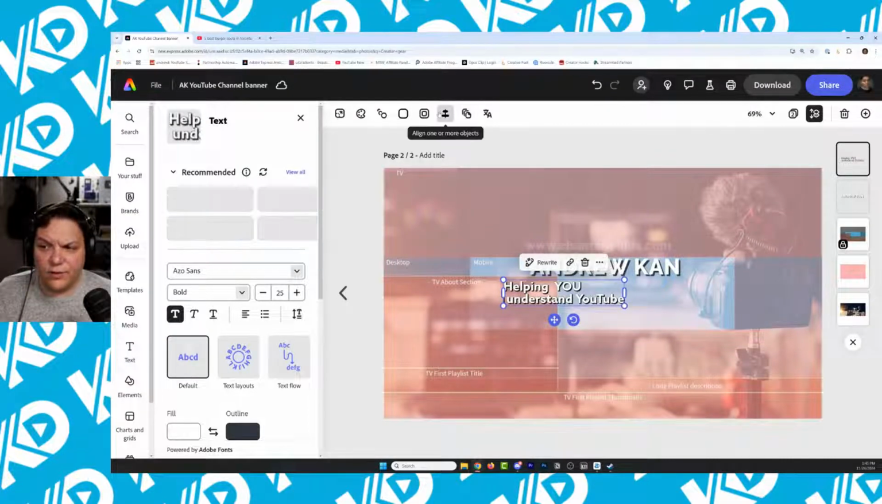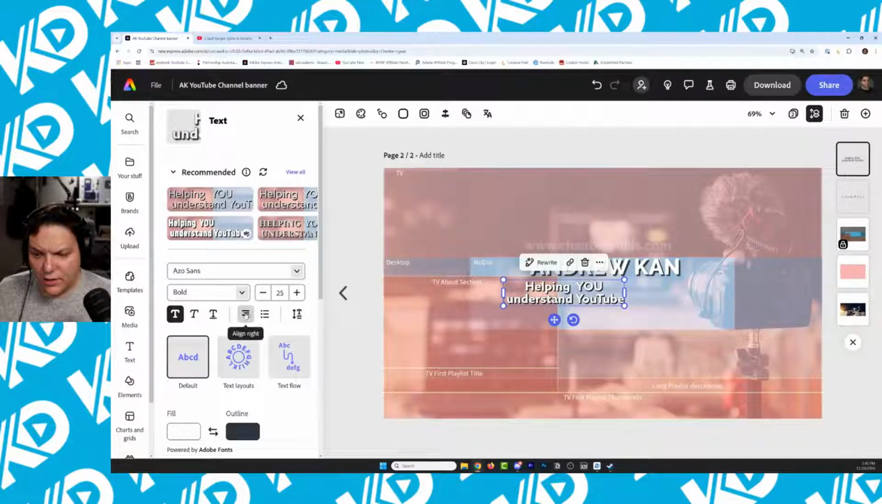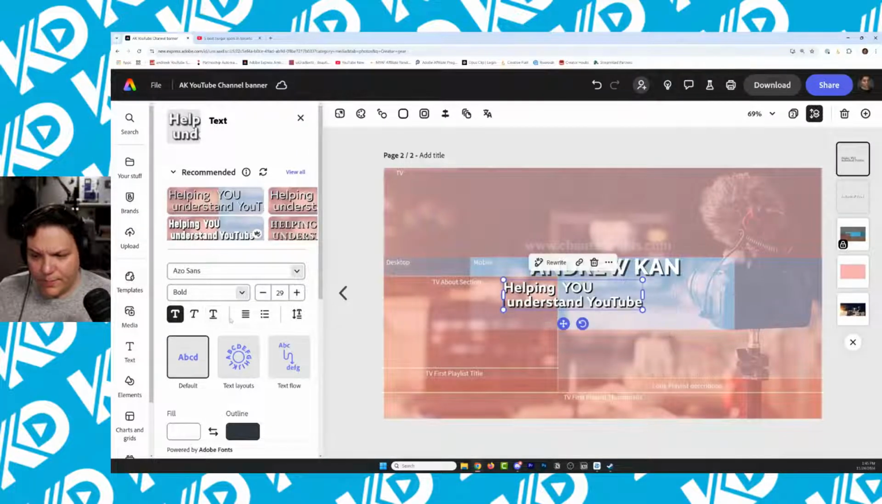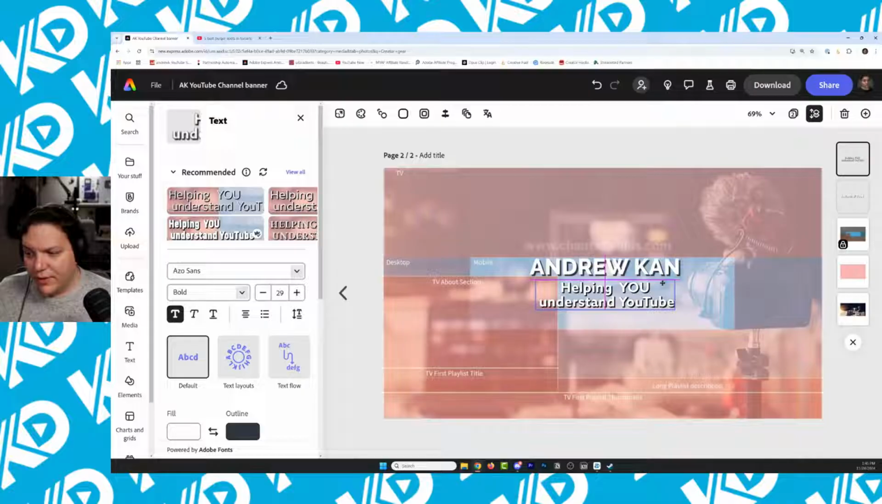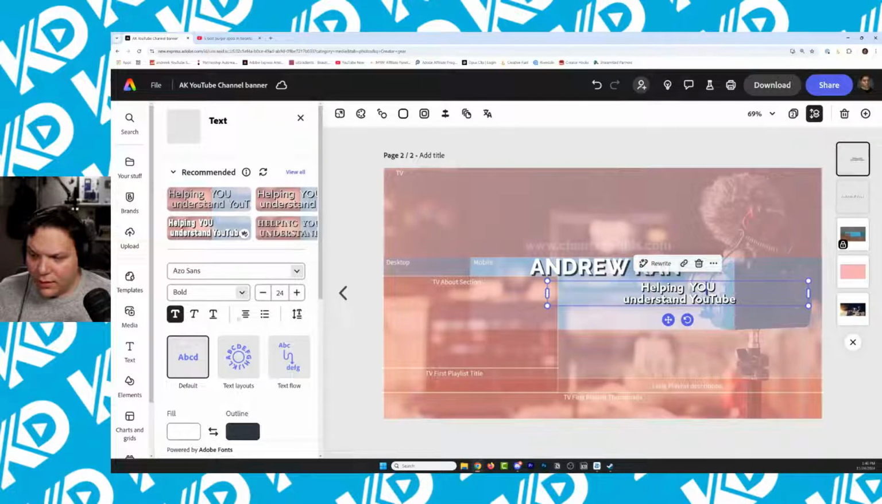Then we could also align more objects. I also think I could do it here. We can do the justify one. Align center. Helping you understand YouTube. And again, it's all about experimenting, right? I may like this now, but then as I look on it, it doesn't work. Let's go back to